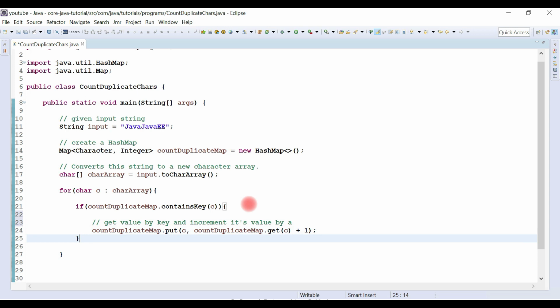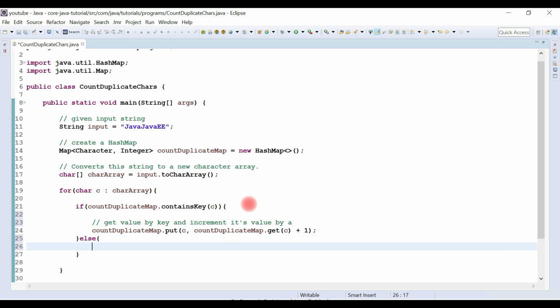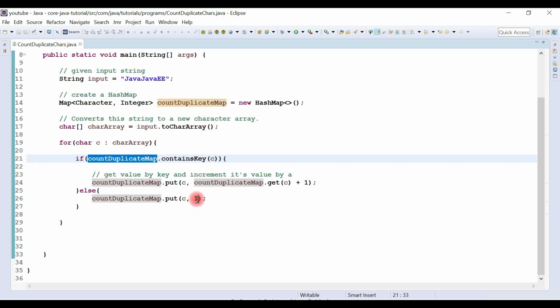Okay, else what we'll do is simply add 1. Okay, if key is not present in a map, then we simply add value as 1.